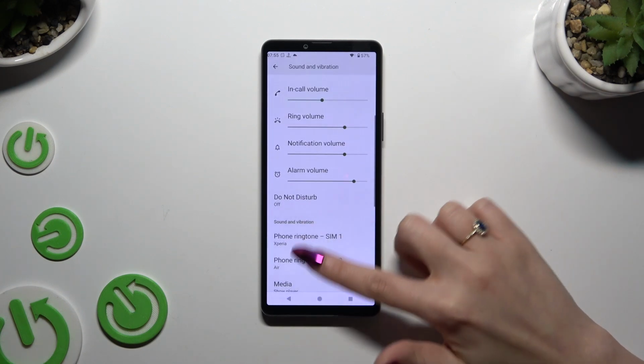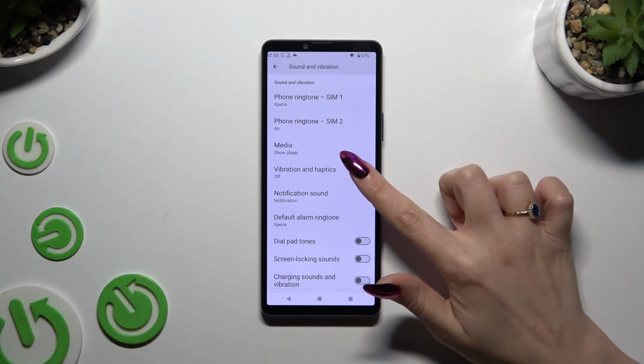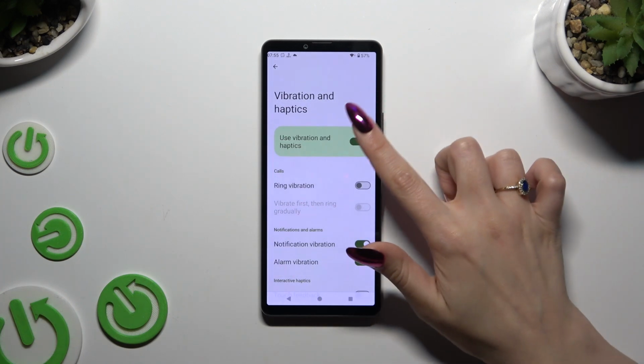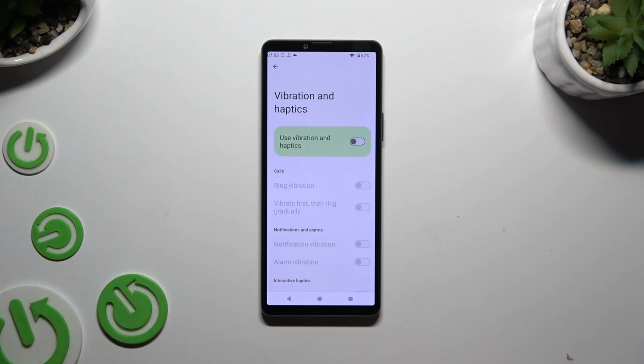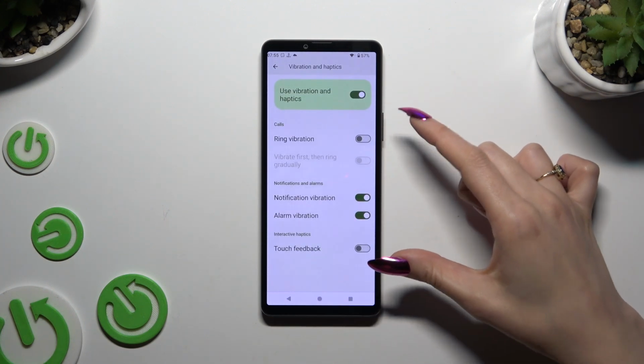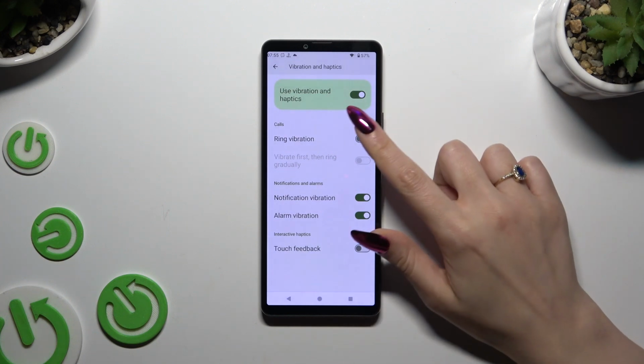Now scroll down and select vibration and haptics section. Over here, by clicking on this switcher next to use vibration and haptics, you can switch them on or off. If you decided to enable them, you can manage all of those by clicking on the switchers next to the chosen ones. This way, you can turn on or off haptics for ringtone,